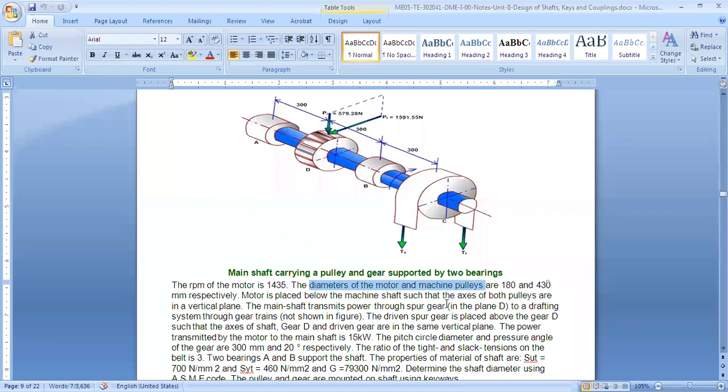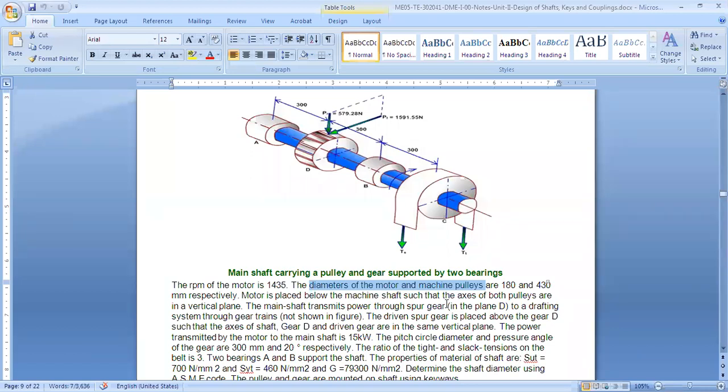The main shaft transmits power through a spur gear at D. Now, spur gears mean this gear will not have a single directional load. It will have a tangential as well as a radial load. So we need to find the horizontal load and the radial load, and then take a combination of those. Now it makes our problem complicated. It is not a straightforward problem. For the SFD and BMD, we have to find the horizontal SFD and BMD, the vertical SFD and BMD, and take a resultant of that. So this is a complication in this problem.